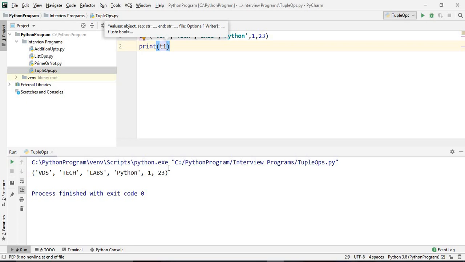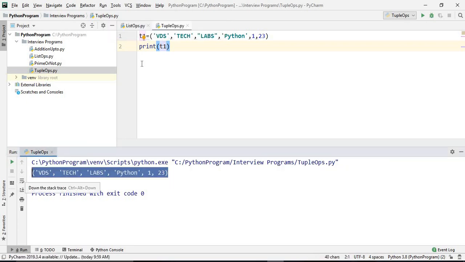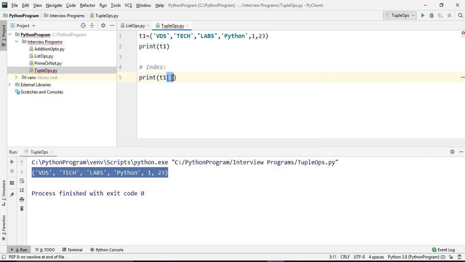It is printed. Now we can retrieve the element based on the index. So let's start with index. Print T1, and let's suppose we want to print the element at index number 4.